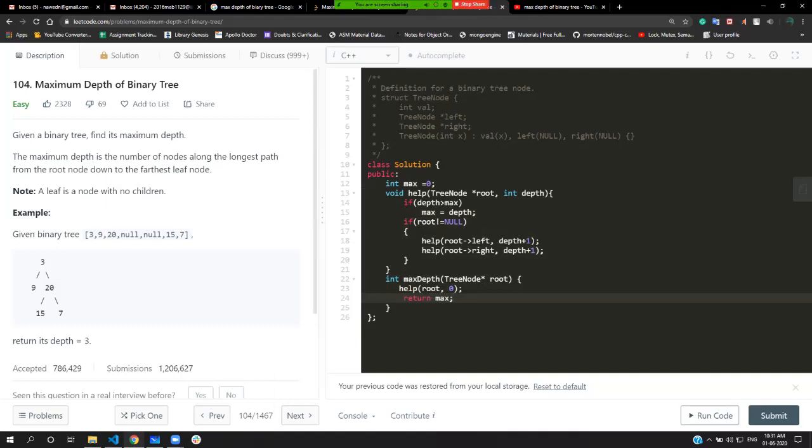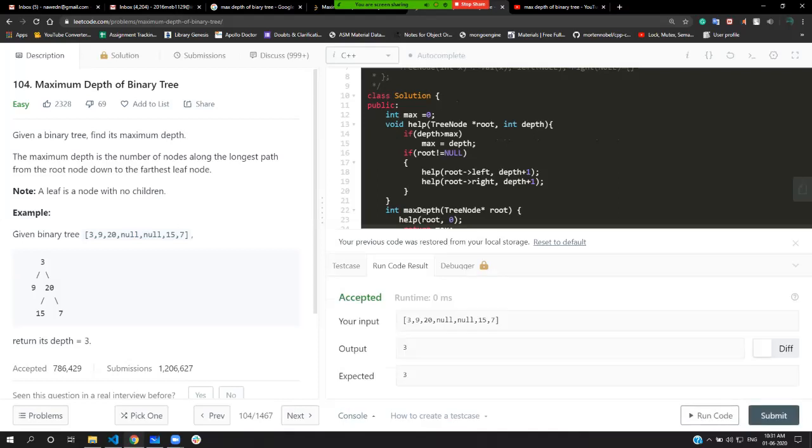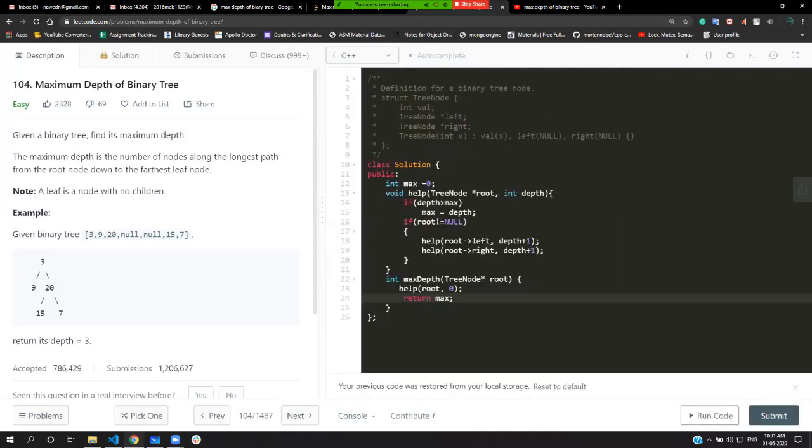Okay, so let's try to run this code and see what's happening. We are getting the correct answer. What has happened is, we passed 0 initially, and every time we go to the left or to the right of the tree, we increase our depth by 1.